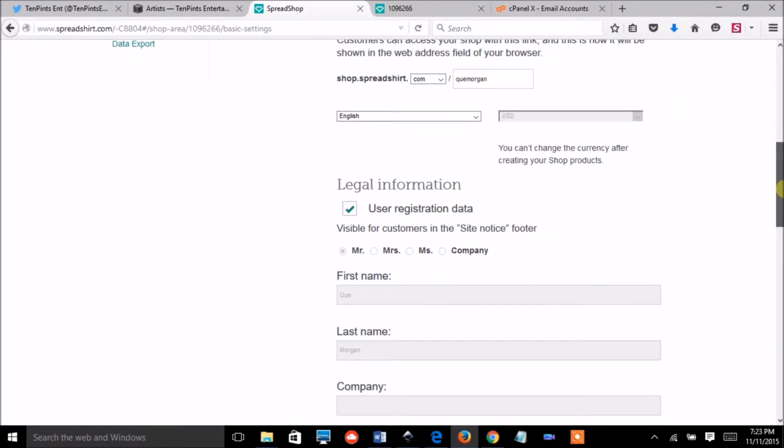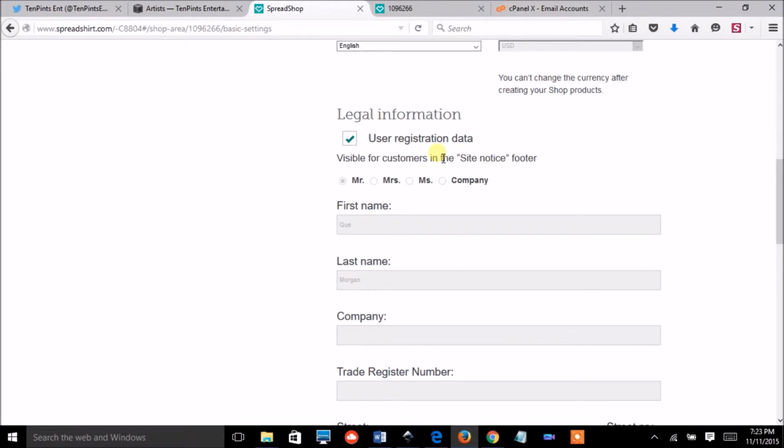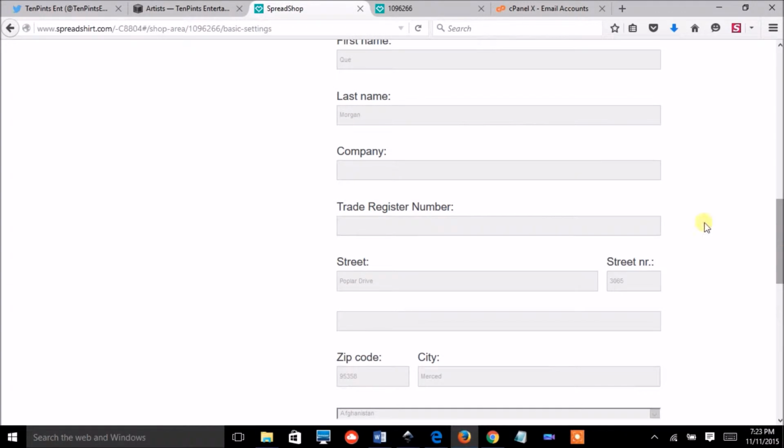So you've got your user registration that you can modify at any time. We have that in here. You have your company name. So if you have a company and you have a reseller's permit or a wholesaler's license, or whatever that may be, you can put that in here. Your address, zip code,